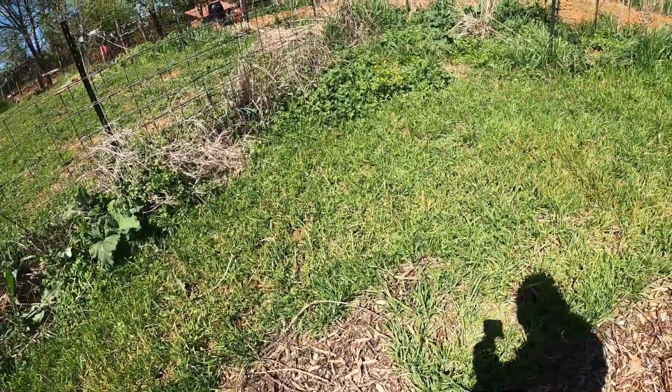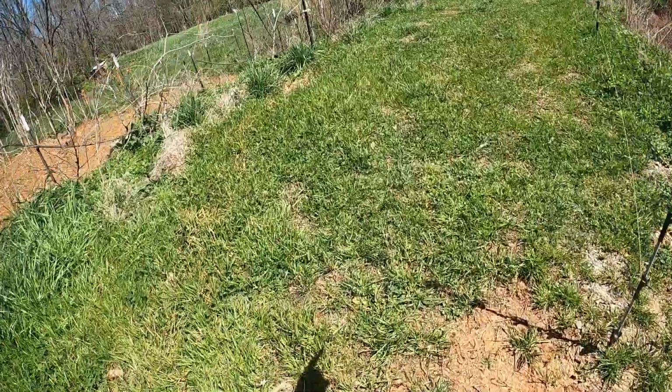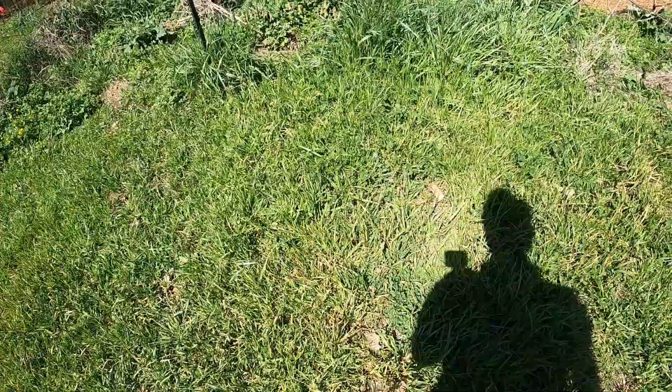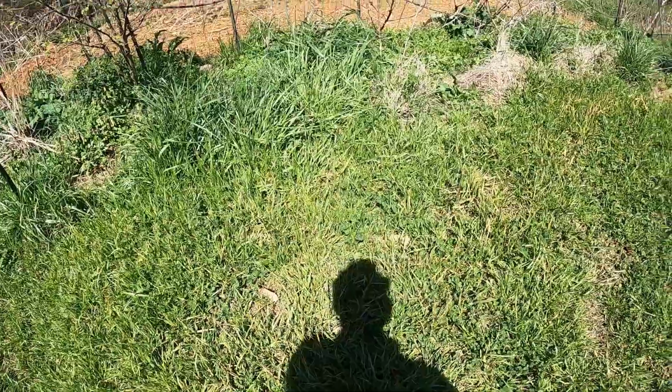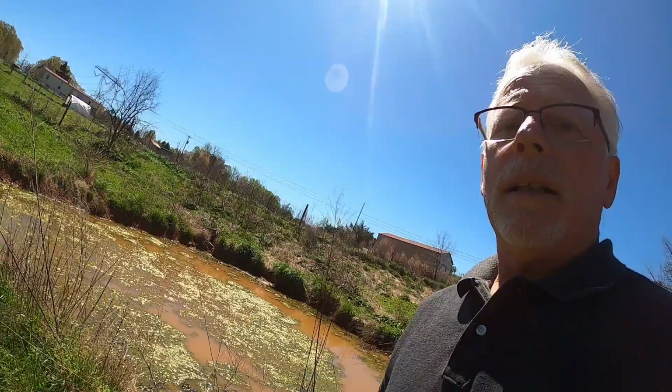Something, whatever it is, I don't know about this grass over here. They don't like it as much as the grass right here, and I don't know a whole lot about grasses. Look, there's some clover, and they still haven't touched it. If you got any ideas on that, please let me know. All right, so